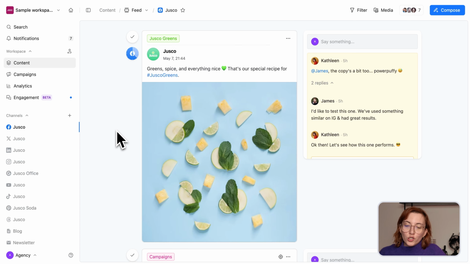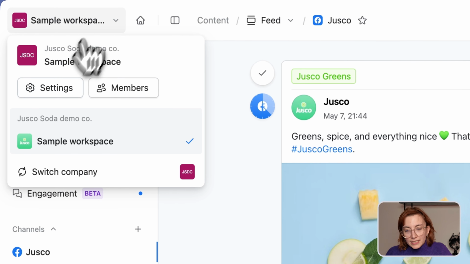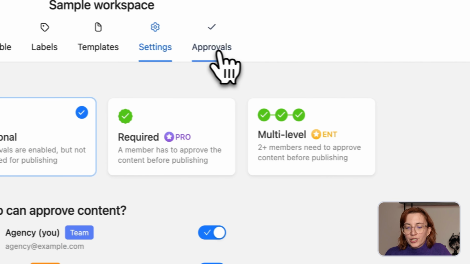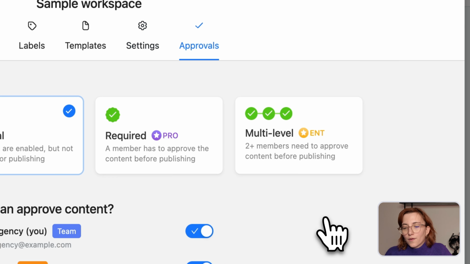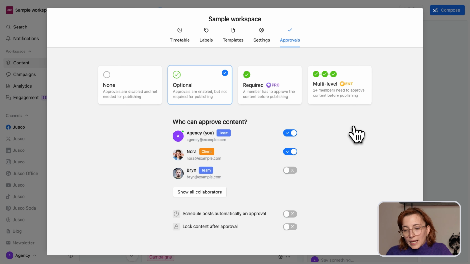Once everybody has joined your workspace, it's time to set up your approval workflow. You can do this from your workspace settings and choose from 4 different workflows. The main difference between them is whether or not a post can be scheduled with or without approval. For none and optional, approval is not really needed and a post can be scheduled right away as soon as it's created. Whereas, of course, for required or multi-level, at least one person needs to approve a post before it